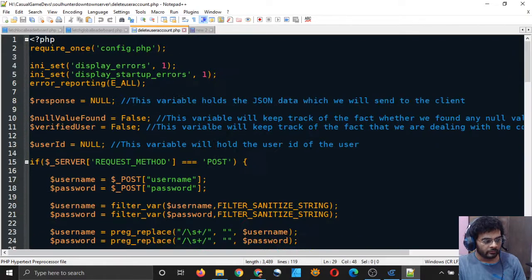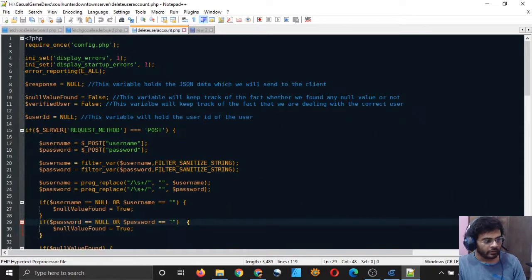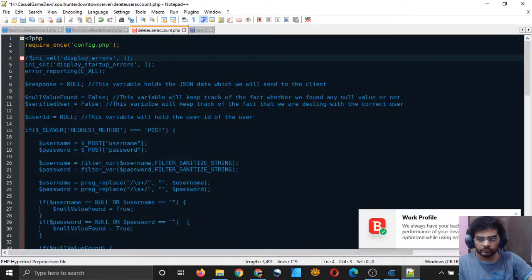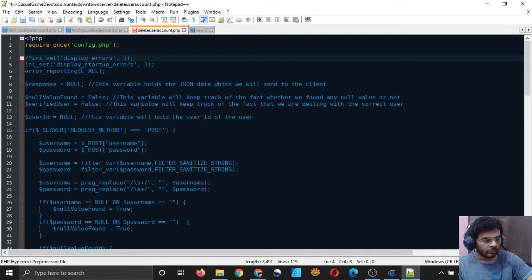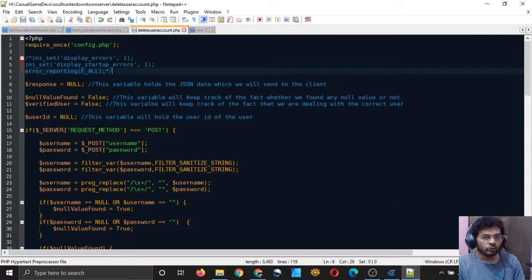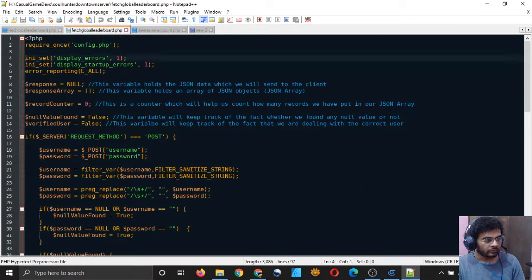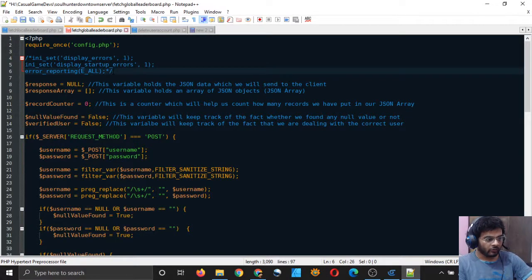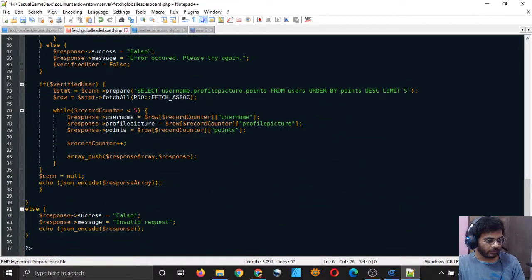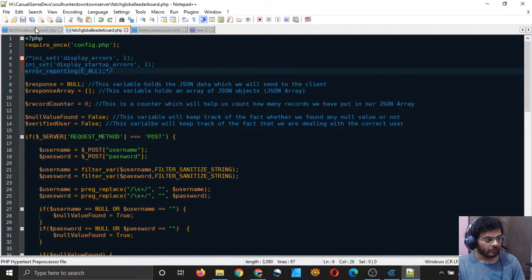I will be deleting the errors, and not deleting them actually, I will comment them so that the errors are not shown, because that may be messing up with our data. So let me just comment them all. When you comment the errors and warnings, they will not show, and only the JSON data will be returned, which we want to return. So that can be a good thing.